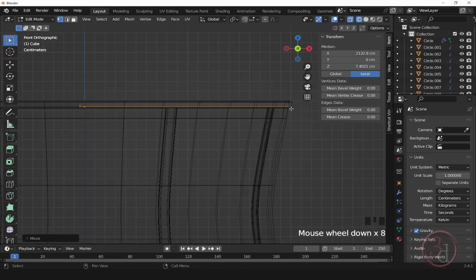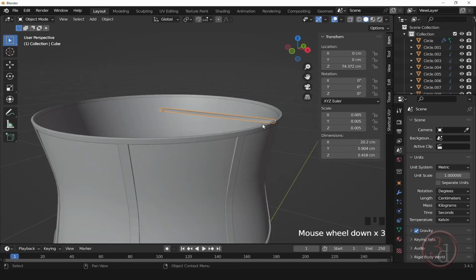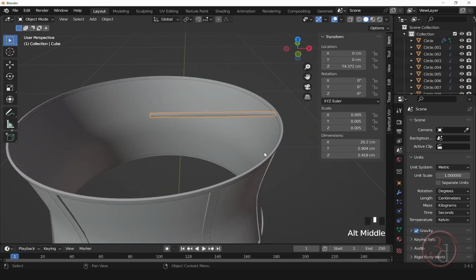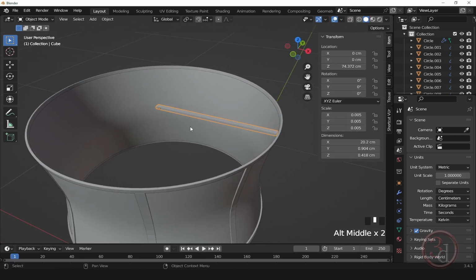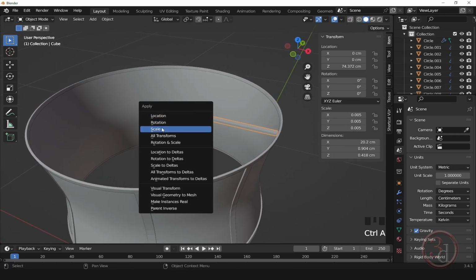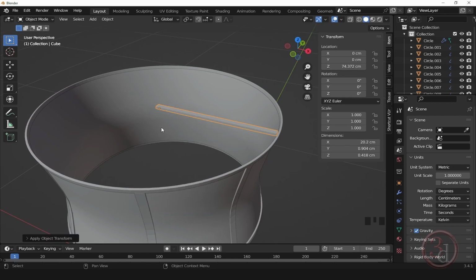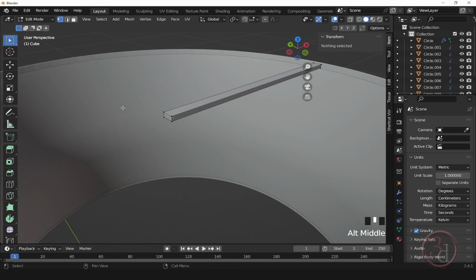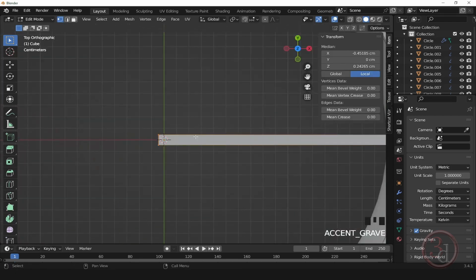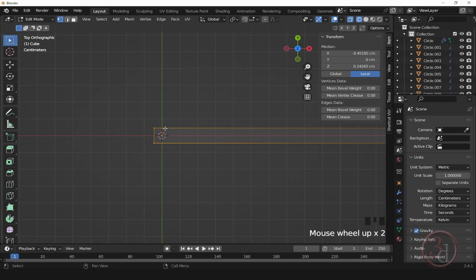Okay, yeah, so now let's take a look. This is fine, and I will apply the scale. You can see the scale value over here. So I will press Control A and apply the scale. And now when the scale is applied, what I can do is press tab, and all of these vertices, I want these vertices to start at this origin. So the easy way to do it is just enter the value 0 for the X. Okay,